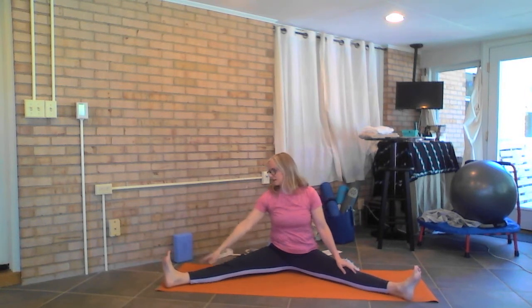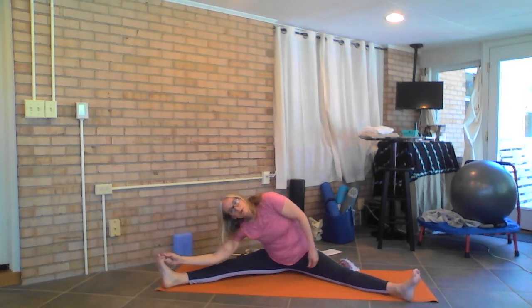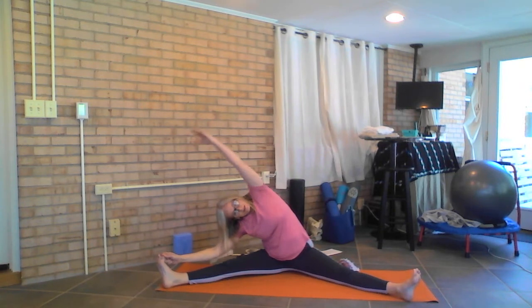And now with the right arm, grab that right toe. If you can get that right elbow on the ground, go ahead and bring that left arm over the top. Back to center,